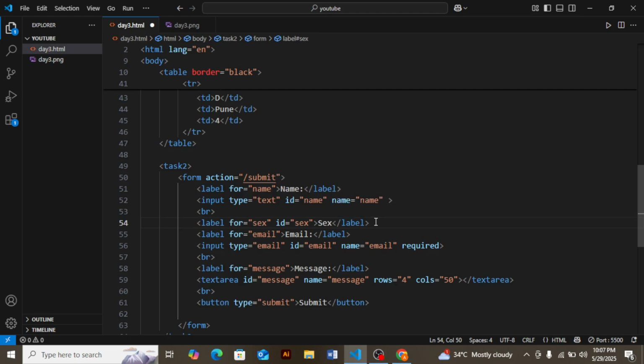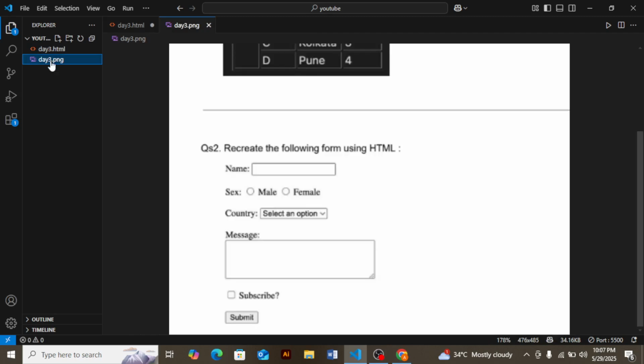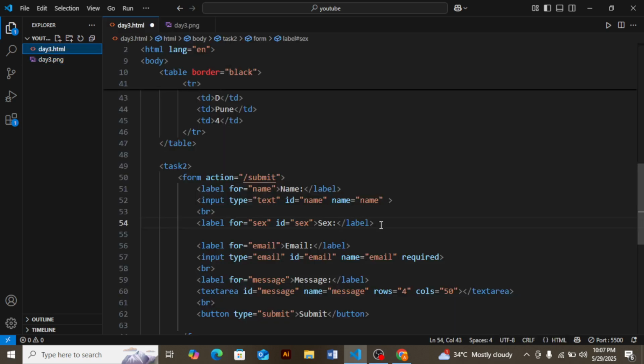Now we want the input field like a checkbox, as I showed you. For this we want first an input. We want a required input for male.